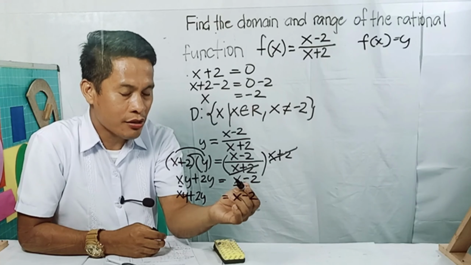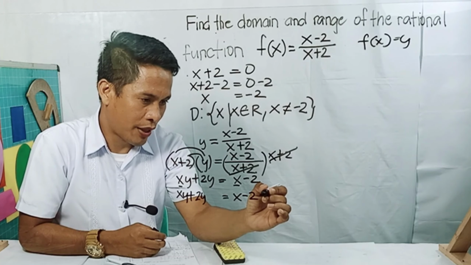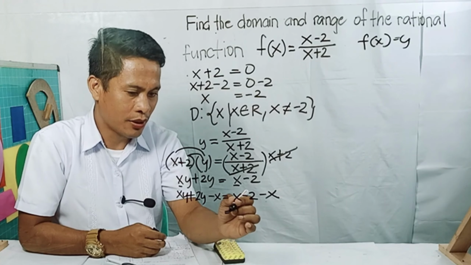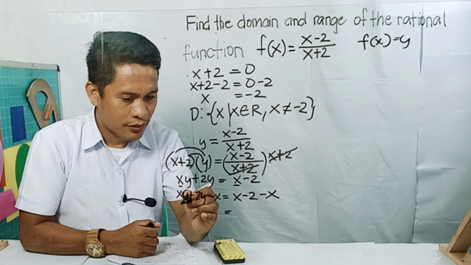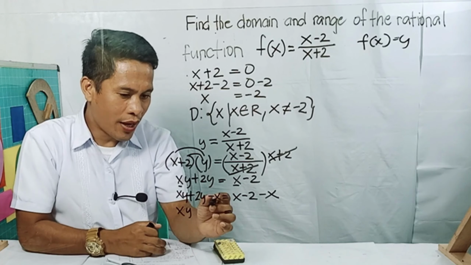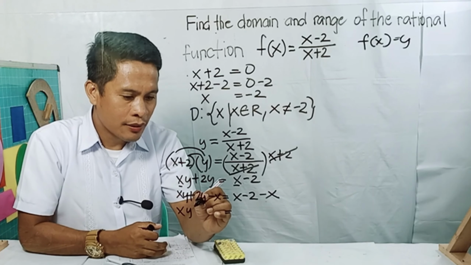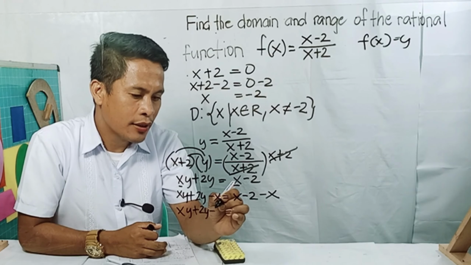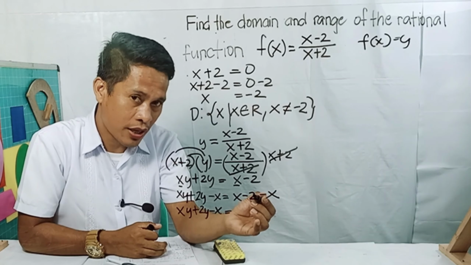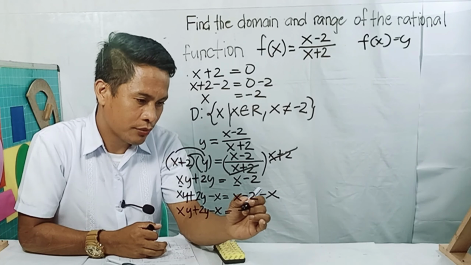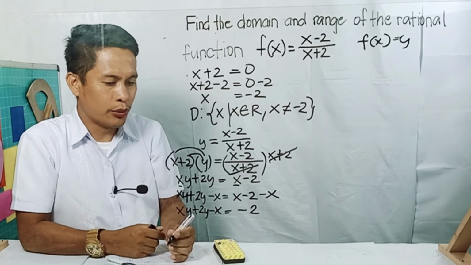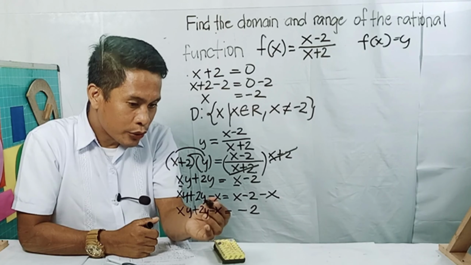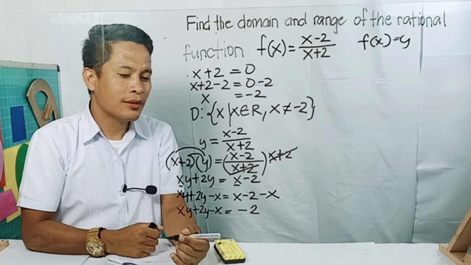Let's apply subtraction property of equality. So minus x and minus x equals xy plus 2y minus x. x minus x is 0. Bring down negative 2. To eliminate 2y,